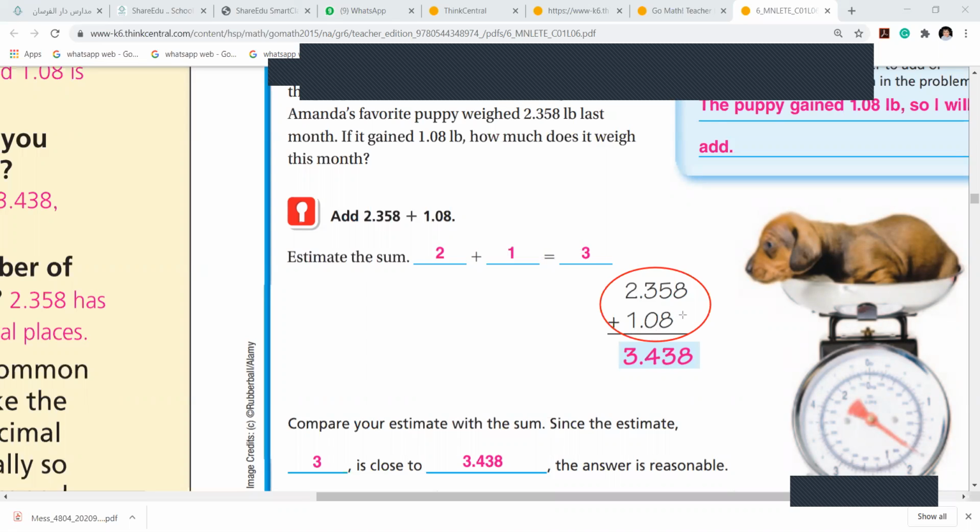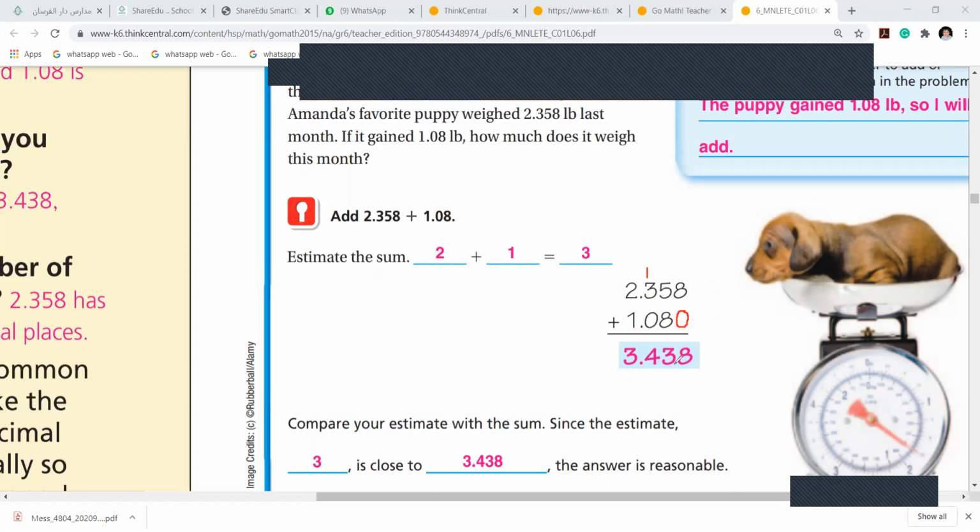So I wrote here. There is nothing here. What does this mean? If there is nothing here, that means it is a 0. Yes, here it is 0. It's okay even if you don't put it there. So 8 plus 0 is 8. 5 and 8 is 13. Carry 1. 4 and then 3. Your answer is